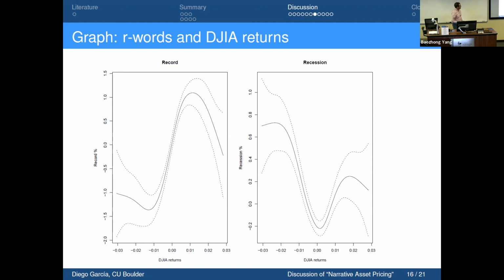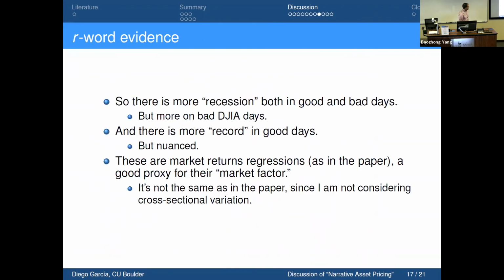So what do I make of this? What I make of this is that it's pretty nuanced, these words that the journalists are using. Do we think that this is fundamental risk that they're describing? Or do we think that they're doing something else? I don't really know what these journalists are actually doing.